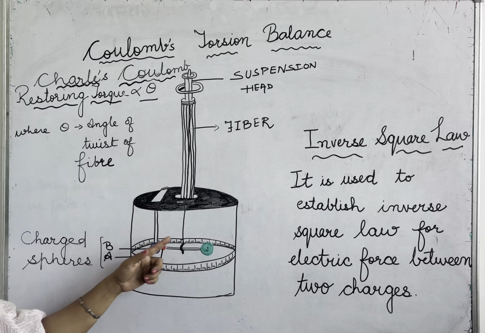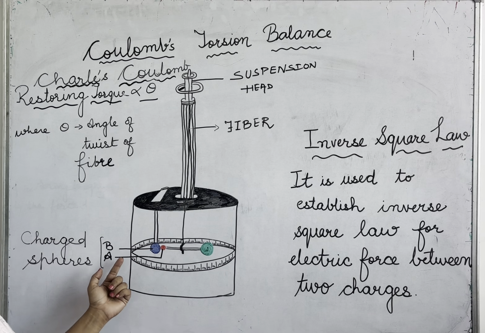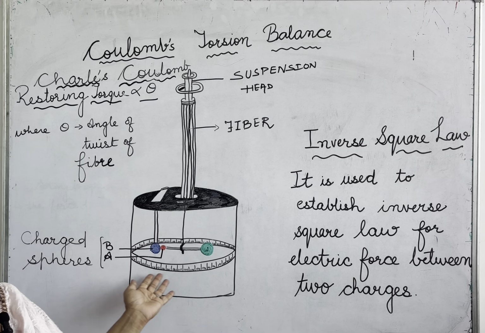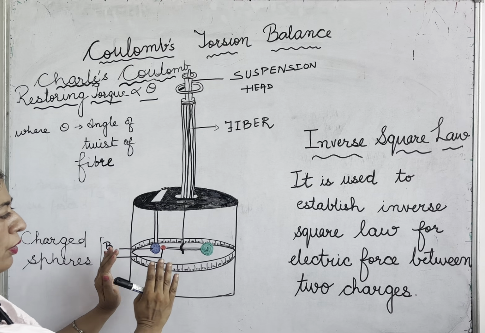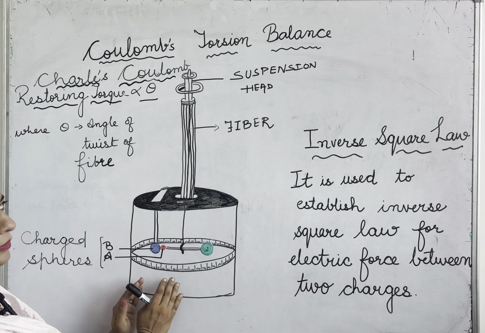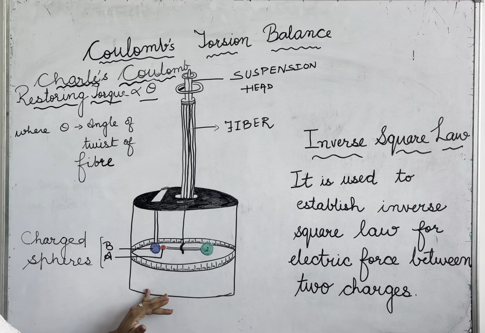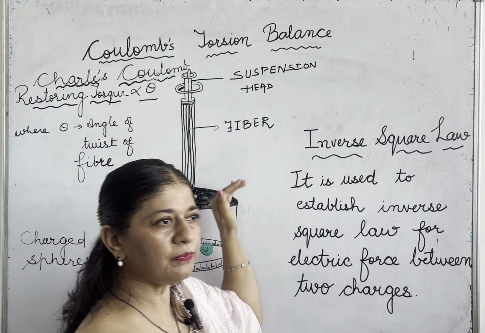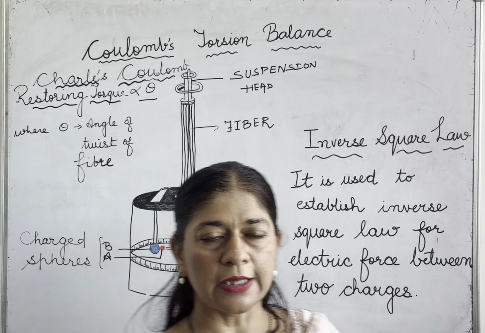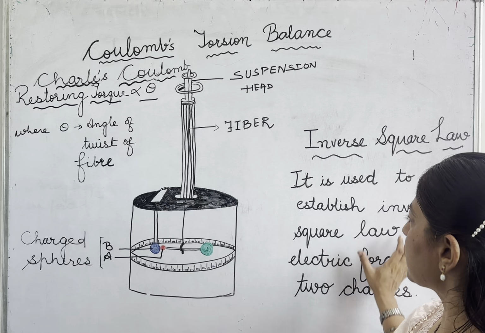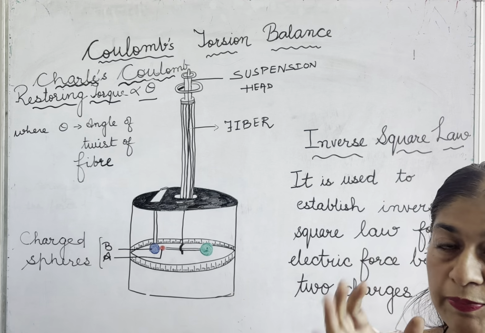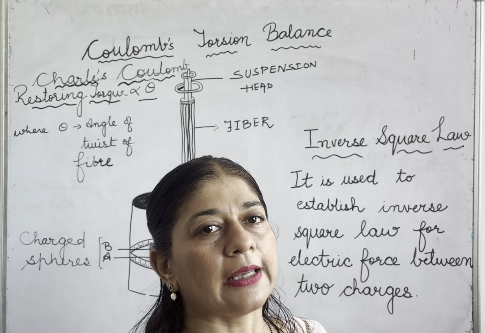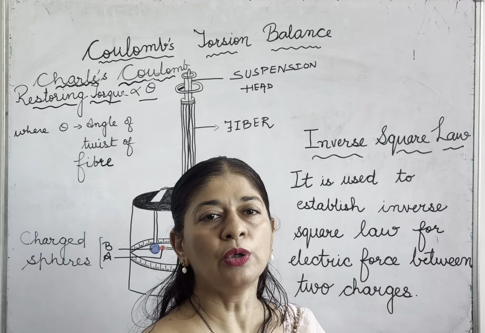This angle can be measured within this device. As you can see, the angle measurement is also given through the scale in the device. So this is how we can measure the force between the two charged particles. Another is the inverse square law. From these calculations, this square law has been devised. This square law basically tells how much is the electric force lying between the two charged particles.